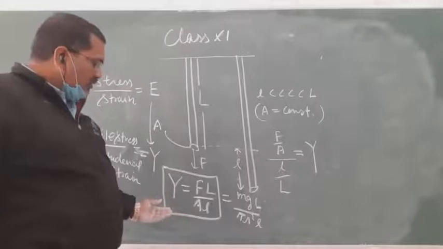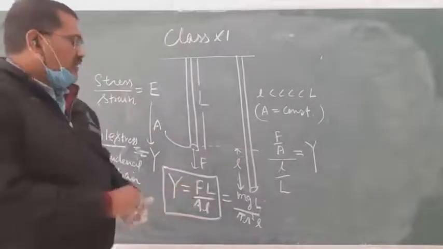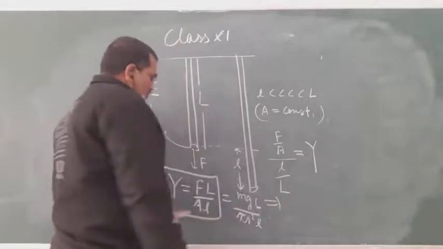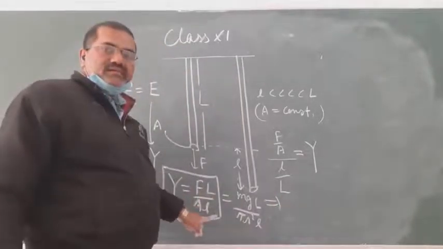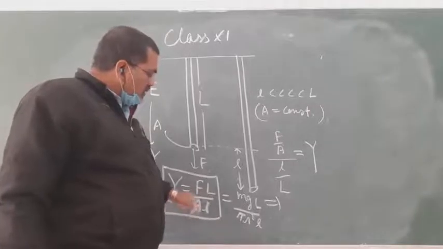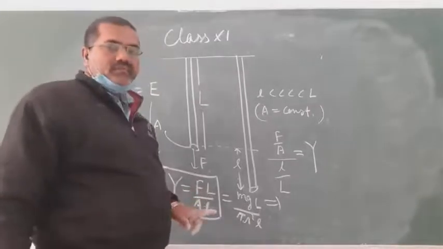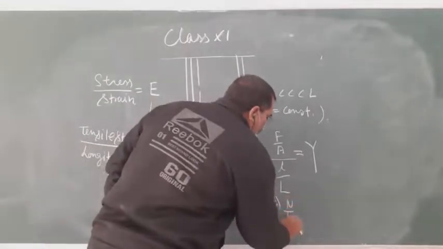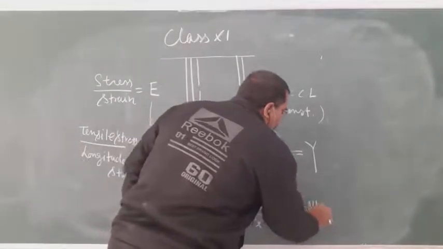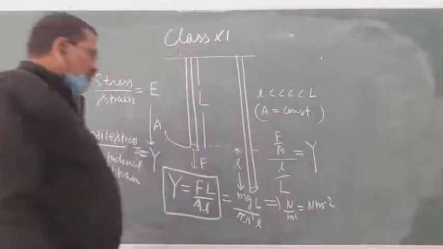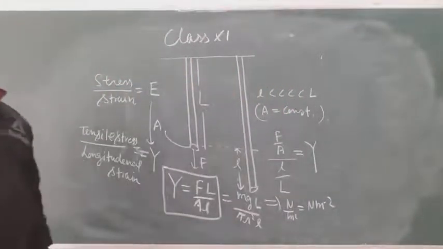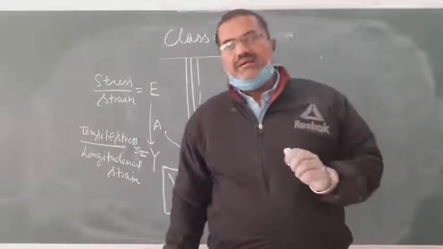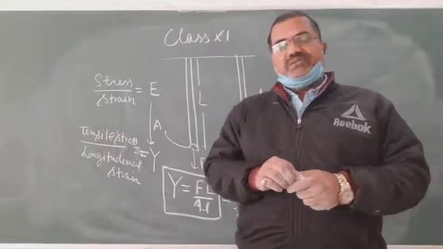So this is all about Young modulus of elasticity, and its unit is, you can say here, unit of strain is no unit because it is a ratio. So unit of Young modulus will be Newton per meter square, that is Newton meter minus 2. Remember that Young's modulus of elasticity is the coefficient of elasticity which is used in linear body only.